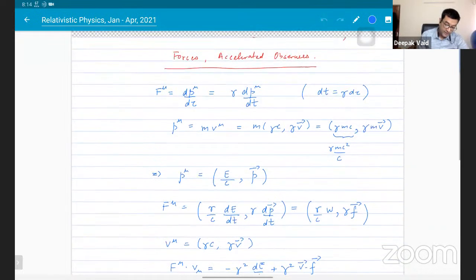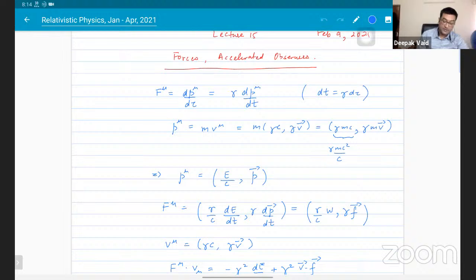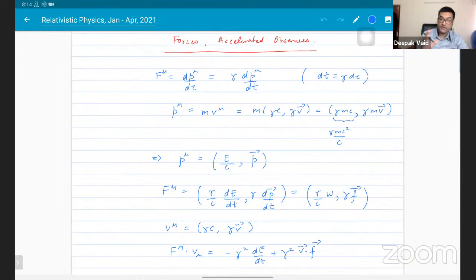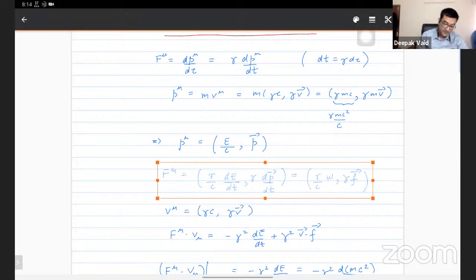And again, using the fact that the proper time is equal to the local time, the time as seen by a particular observer, divided by gamma, the velocity Lorentz factor of that particle with respect to that observer, we can write down the force as this expression,